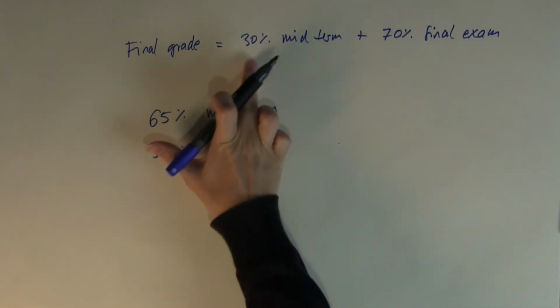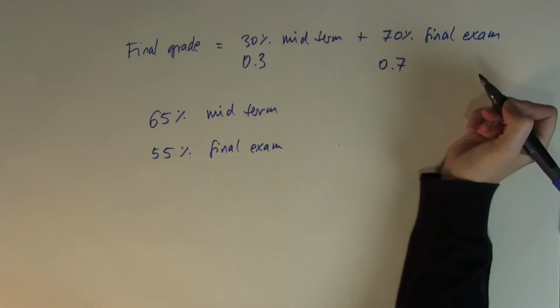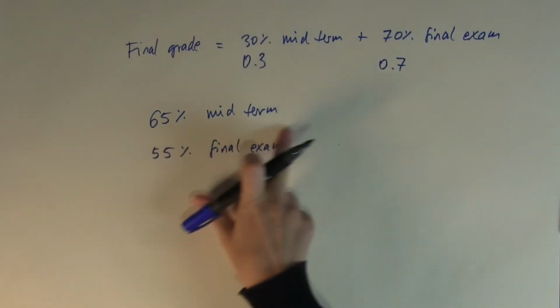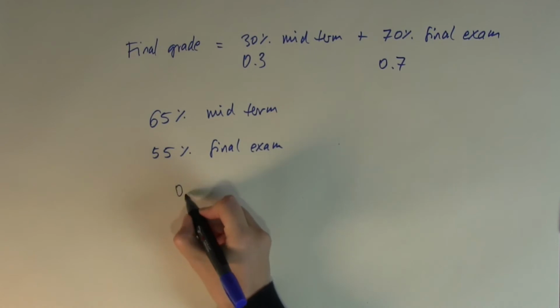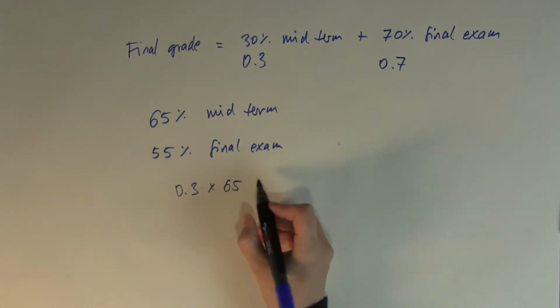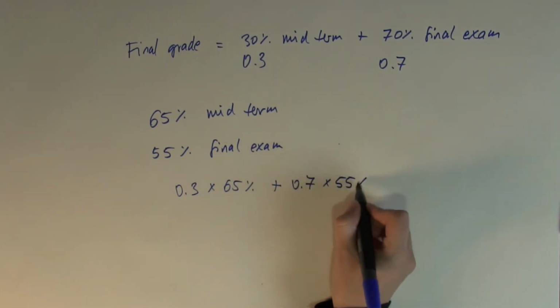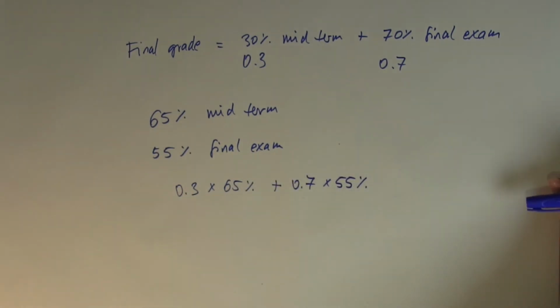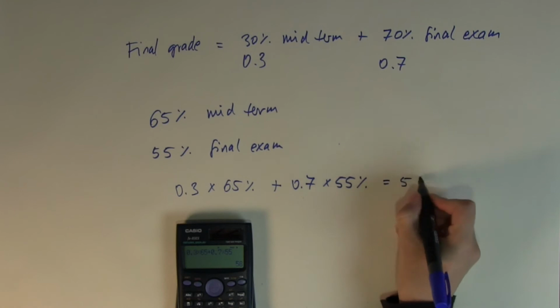Now 30% is 0.3 and 70% is 0.7. So of the midterm exam, only 30% of it adds to the final grade. So that will be 0.3 times the 65% plus 0.7 times the 55%, which was the final exam. So again, using the scientific calculator, 0.3 times 65 plus 0.7 times 55 will give you an overall mark of